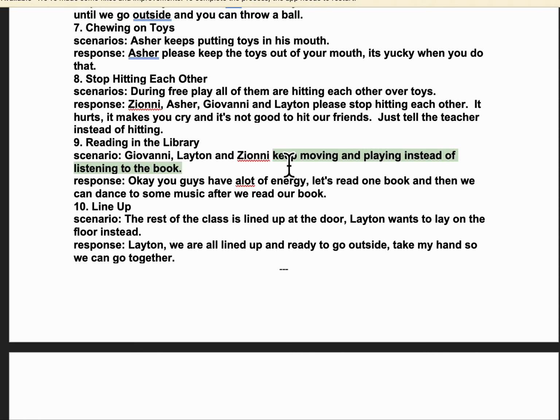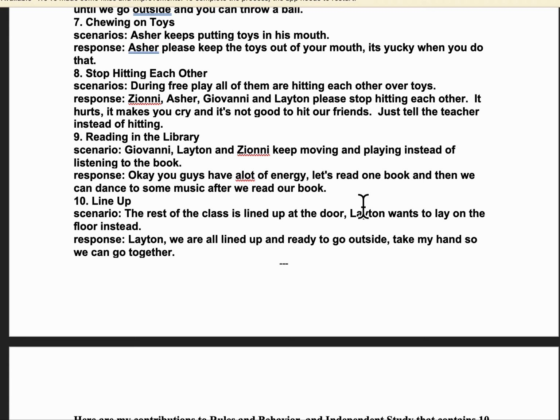Yeah, so if young children are moving and playing instead of listening to the book, what young children do is they move so they can listen to the book. I know that may be something new for you, but young children need to move to take in information. So if they're moving around while you're reading a book, they're telling you they need to move to really be with you for this book. I don't know how old these children are, but young children really don't sit and listen to a book a lot of times. So if you're doing a book time and you're trying to get them to sit and listen,